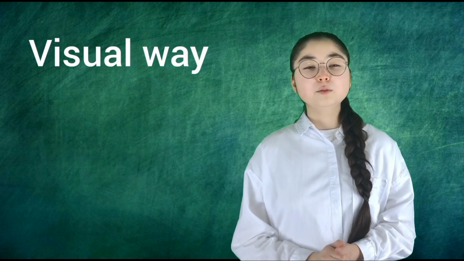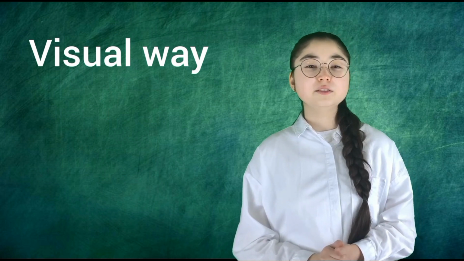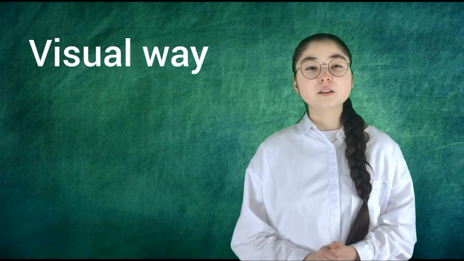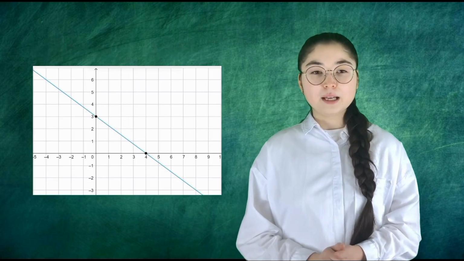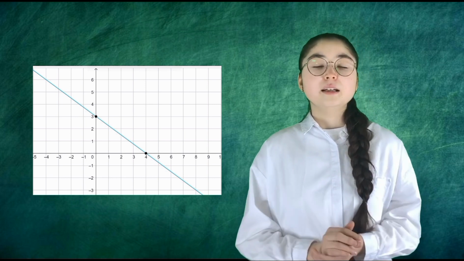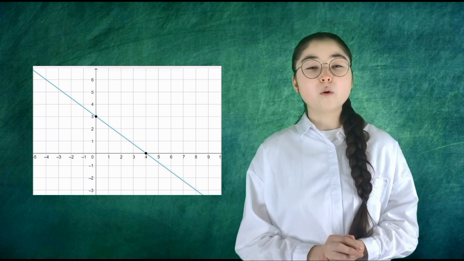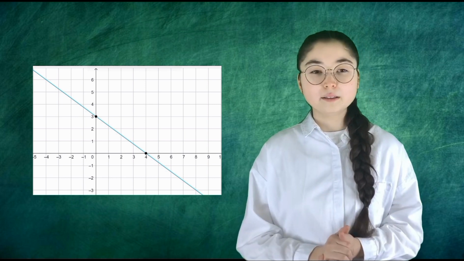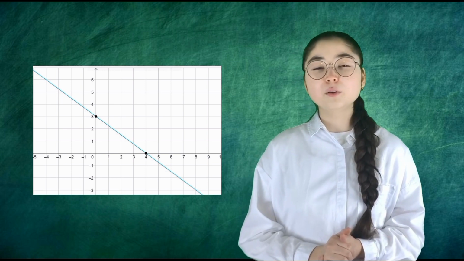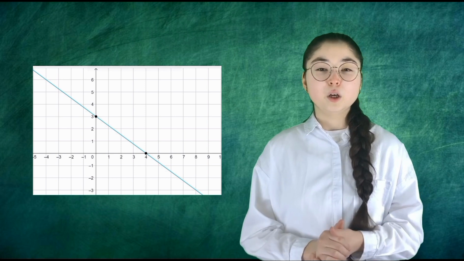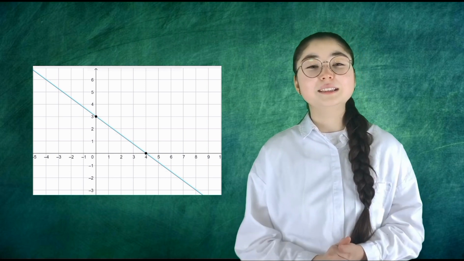The second way is the visual way. In the visual way, the function is given by a graph. And with this graph, we can find the domain and range. For example, in this graph, the values of y are increasing on decreasing values of x, and we can know the function is decreasing. However,